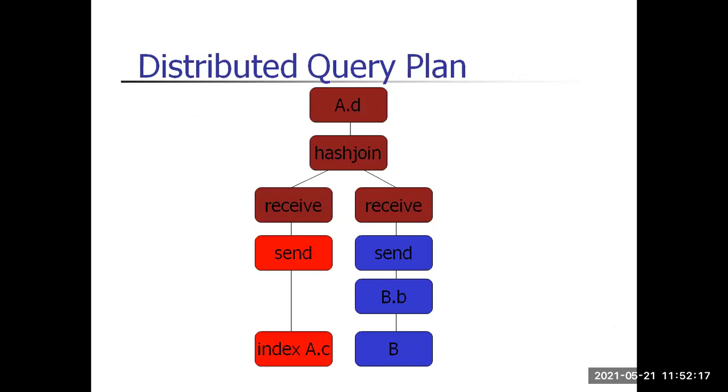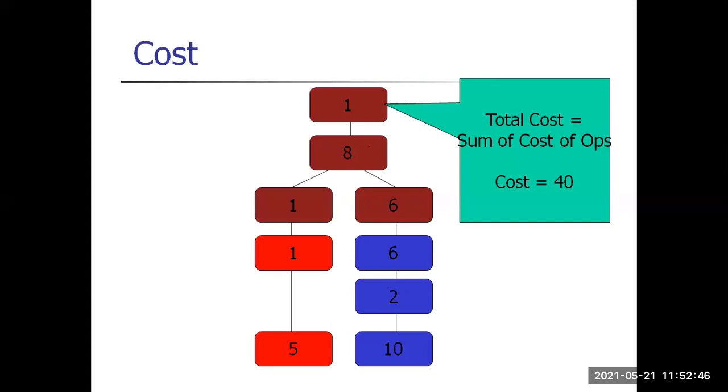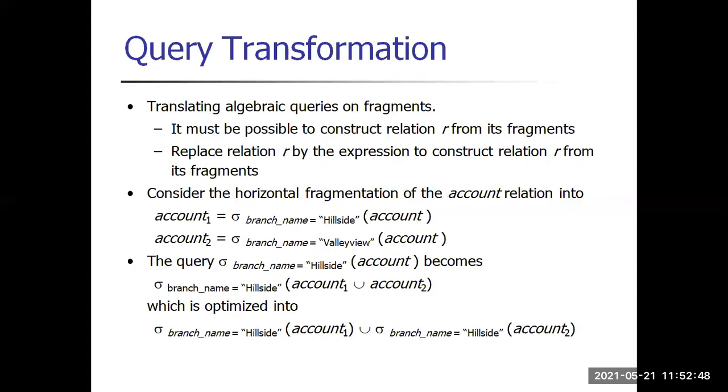So these are the distributed query plan: first of all, what is the thing we need to achieve, then what inner joining process we can use here, then the process of receiving and sending the data, and there is some indexing, and from the particular part of the database, whatever the database size is, we are getting the value. So the query will be optimized by the process of receiving, sending, and joining these particular things. These are the examples.